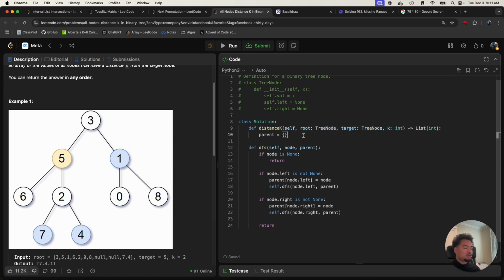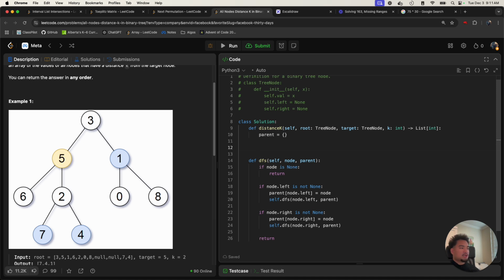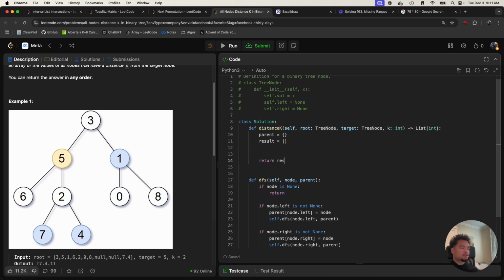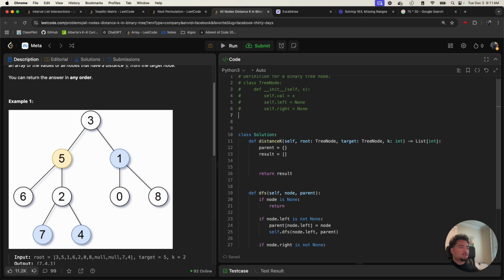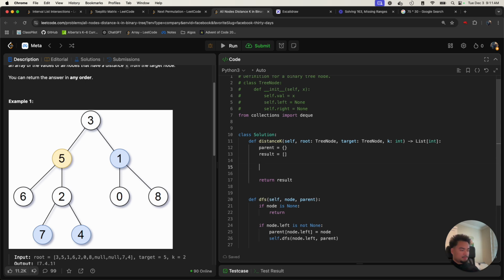And now what we're gonna do is just a simple breadth first search. So we're gonna have a result here. Then we're gonna return the result. For breadth first search, we want to use a deque, so from collections, right? We'll initialize the queue. Then we'll say while the length of